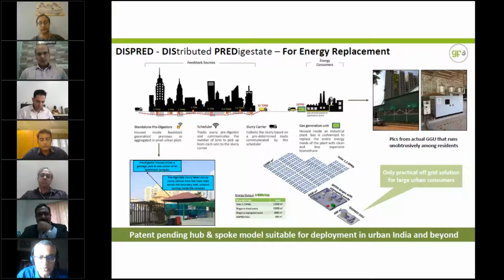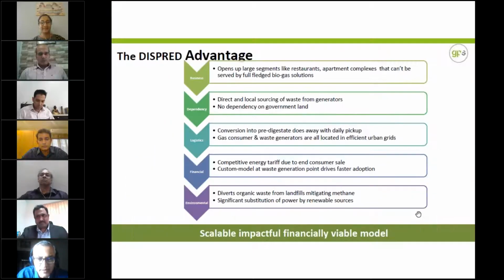The graph shows the kind of space requirement here for generating 5,000 units of power a day. This requires at the energy consumer side around 600 square meters of space. I think I've almost run out of time, but these are two advantages, and there are multiple things that I can look at in terms of the regulation side and the waste processing side being separate.